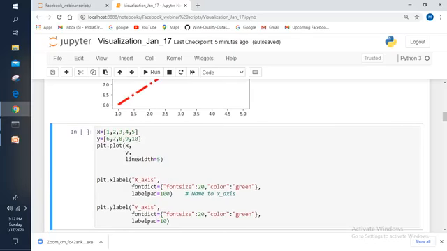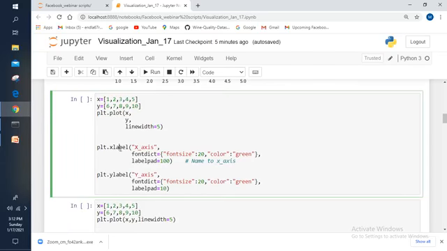Here I have taken the same data that I took previously, and additionally I am taking the xlabel function and ylabel function. This xlabel function will give you the name for the x-axis, and whatever name you want, you can pass that name through this xlabel function.